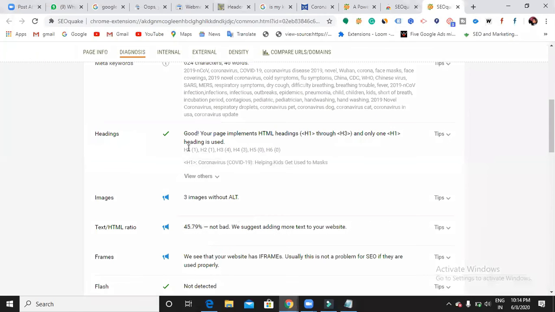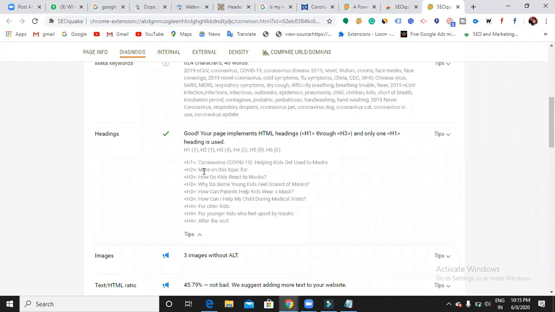We discussed it. So here it is showing me that good. So you have a H1 heading. So one H1 heading, H2 heading once, H3 headings 4 times, H4 heading 3 times, H5 heading 0, H6 heading 0. So it is showing that in this page how many headings and what are their headings. So they used H1 heading only once. They used H2 heading only once. H3 headings 4 times, and it shows you what is the H1 heading as well. Can you see now? And if I click this view more, it shows you what is the H2 heading and what is the H3 heading as well.